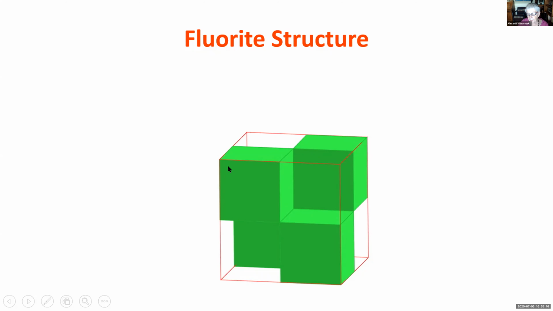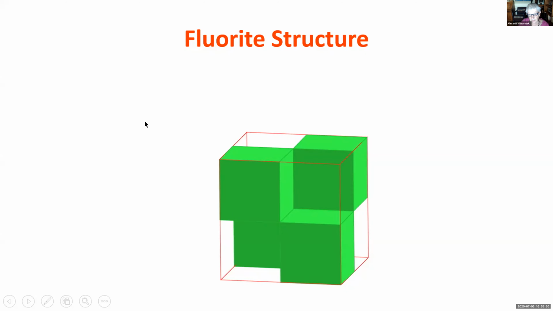You can think of it as a stacking of boxes. That is, the boxes are cubes, and inside every other cube there is a central atom. So this one will have it, this one will have it, that one will have it. And the cubes, of course, are joined by the anions at their corners, and that gives you the stoichiometry AX2, or for oxides, AO2. Well, this is the parent structure, and the structure itself has a number of derivatives and